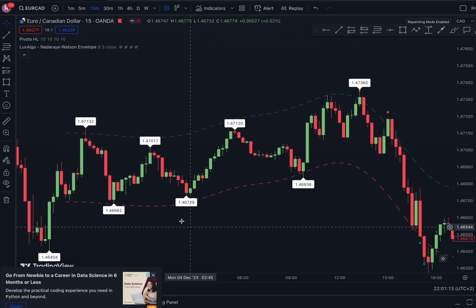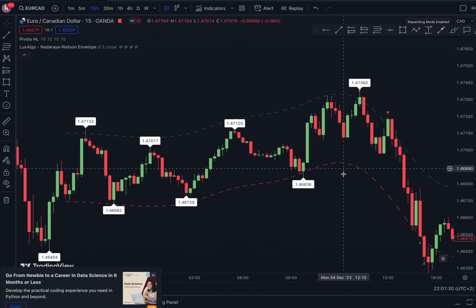All right, now that's a sell as well. Now this sell, I probably would not take this sell because it did not touch our Nadaraya-Watson, so I would not recommend this as well. This did not touch, so do not take the buy. This did not touch it, but this